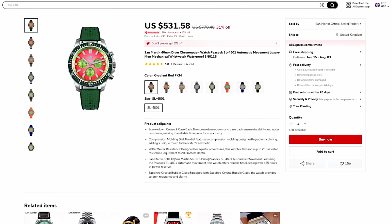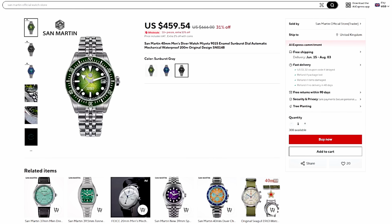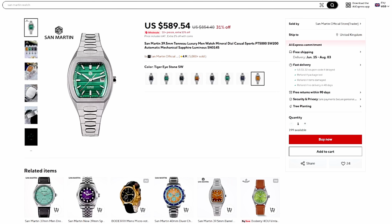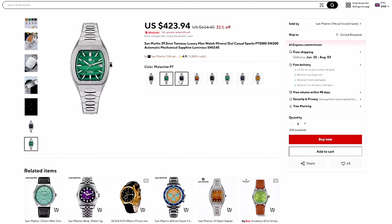This one, $531. We keep going, $480, $460. And then there's these two, $423 a piece. I know their watches to some degree can carry these prices because of the build quality, and